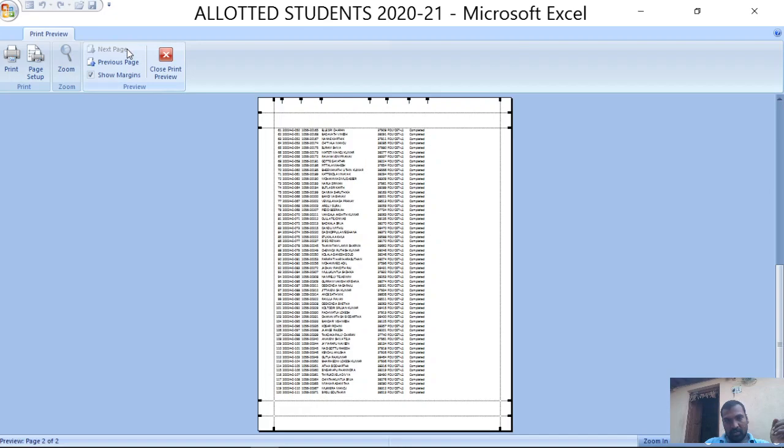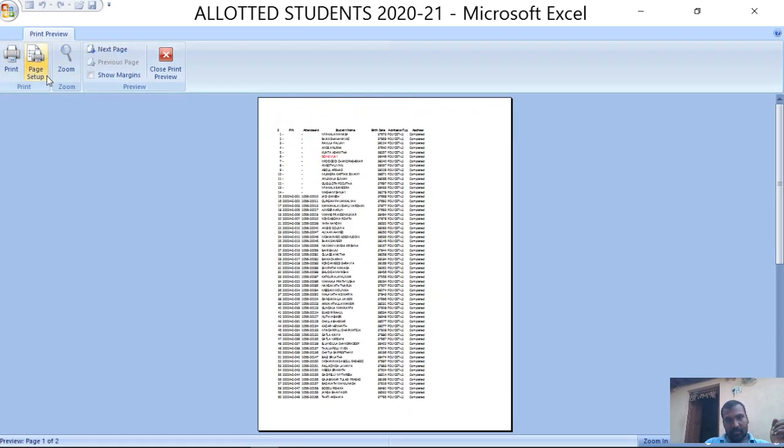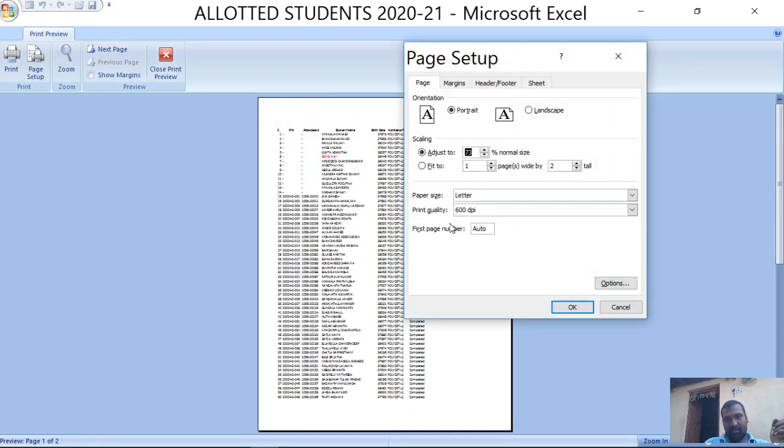So out of two pages, it is going to fit on one page. Here paper size is there. So letter, legal, executive paper, A4, A5 and envelope paper. So legal paper is there, right? So several envelopes, legal papers and etc. Among these options, you need to choose any one of the options. If you go with the A4 paper, then choose this one. Then print quality. Here for print quality we have only one option, 600 dpi.